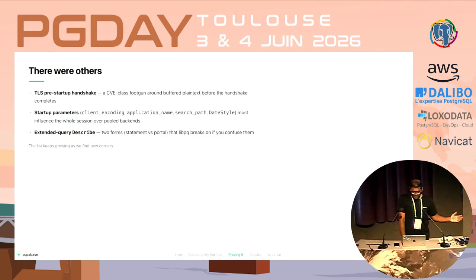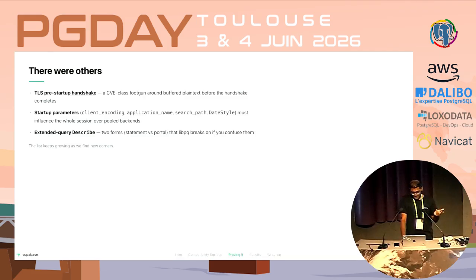So these were some of the examples, and there were many, as I saw earlier, it's a long tail, and we are still working on those. Just to name a few, there are some quirks around the TLS handshake. Even when the handshake begins, there is a tiny pre-startup negotiation, and there is a CVE-style footgun around accidentally trusting plaintext bytes that got buffered before the handshake completed.